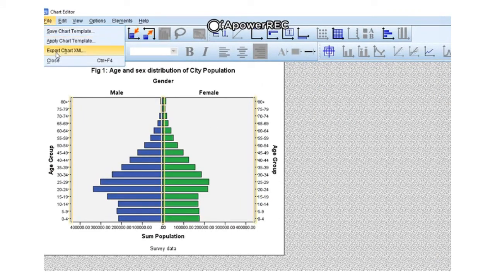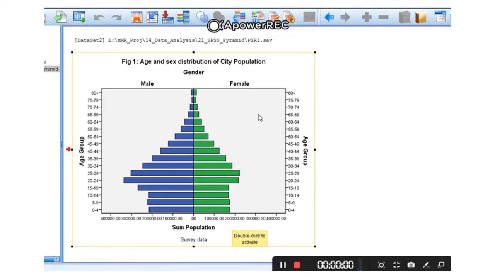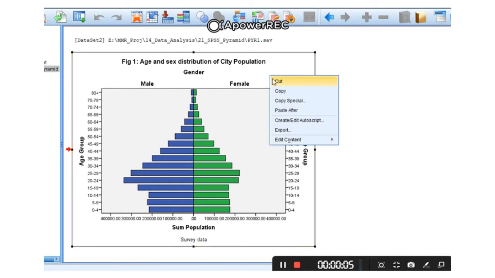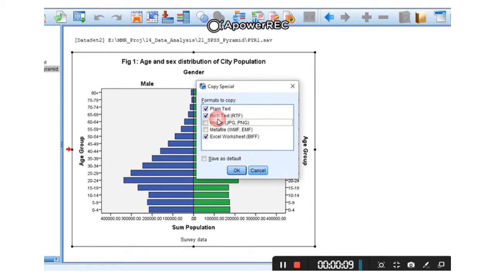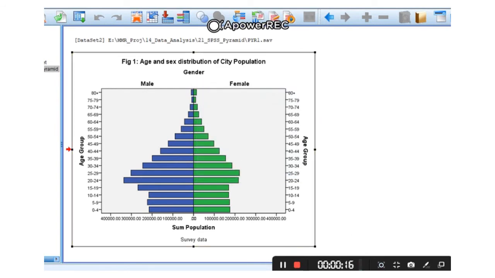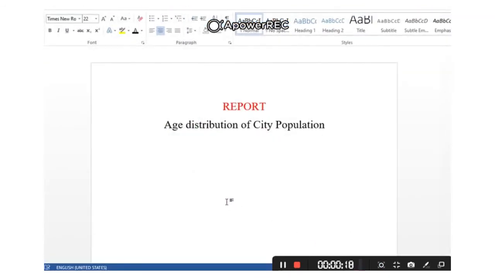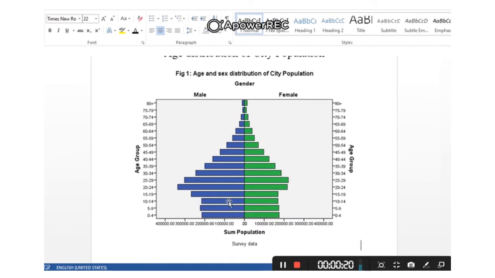Save the chart template or close it. After preparing the age pyramid, right click and copy special, and then select it as an image, and say OK. Open the Word document and paste it here.